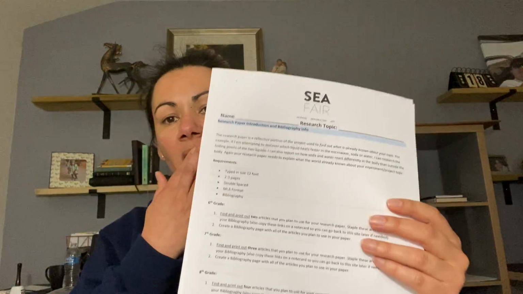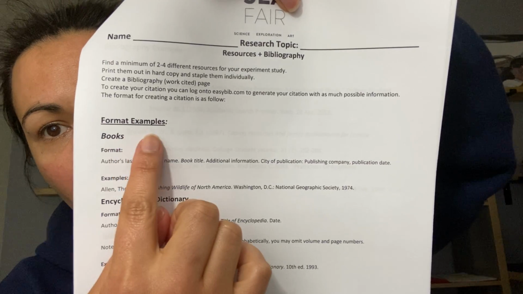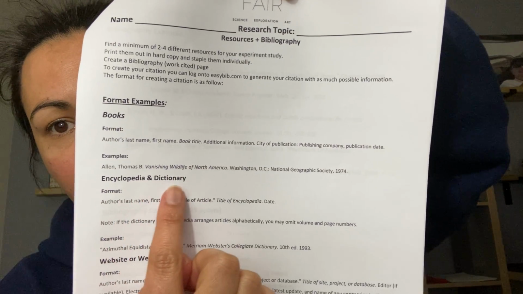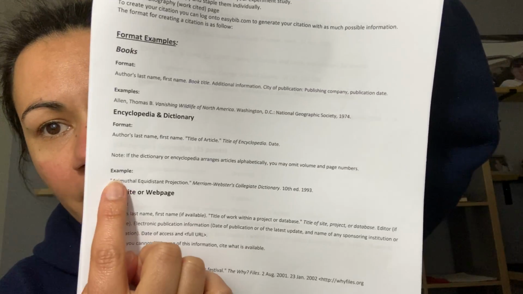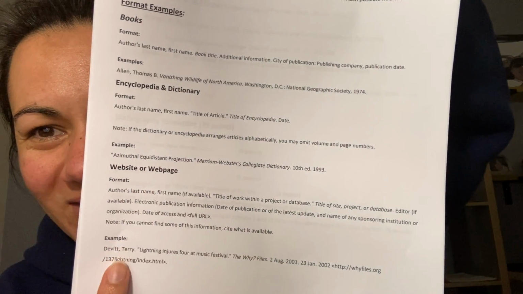Attached to this paper, you also have bibliography information. I know Miss Ballot has been going over with you how to create a legitimate bibliography where you can use online sources, books, magazines, things like that. And it gives you all the information you need right here. So you have the format for books, for encyclopedia and dictionary. I'm reading backwards. Websites or web pages, and I think